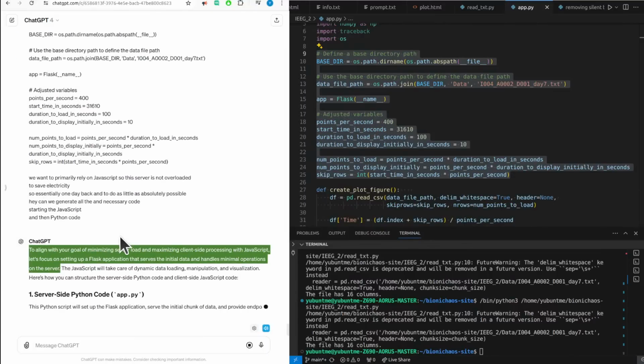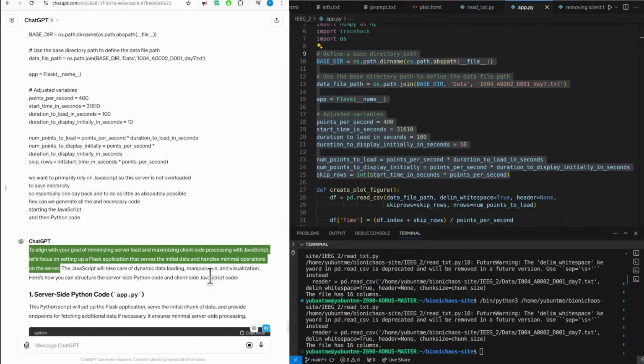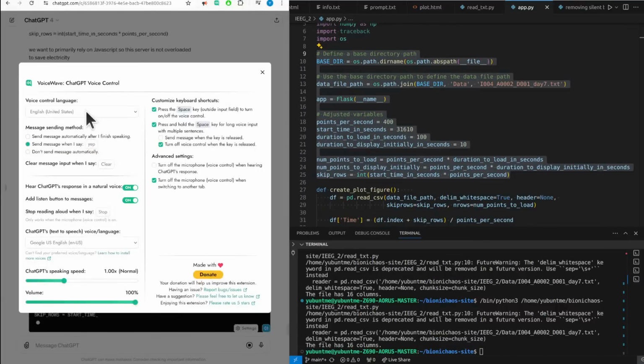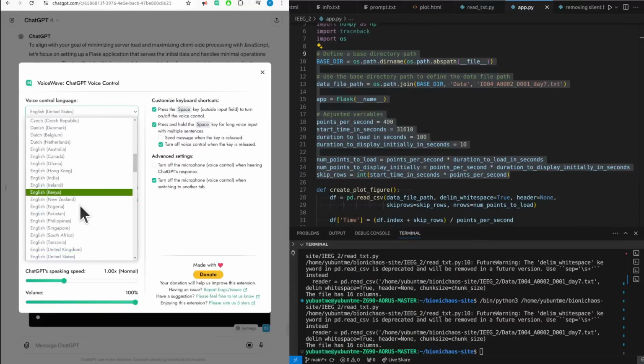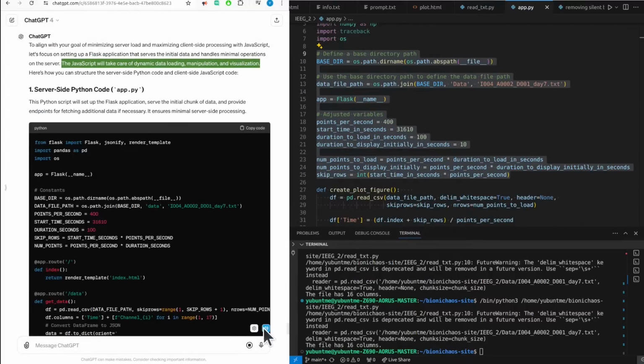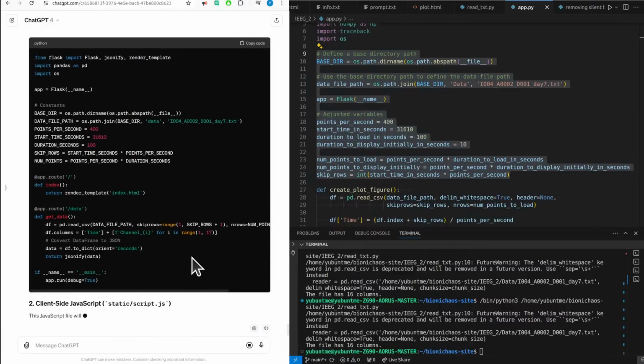To align with your goal of minimizing server load and maximizing client-side processing with JavaScript, let's focus on setting up a Flask application that serves the initial data and handles minimal operations on the server. The JavaScript will take care of... This JavaScript file will